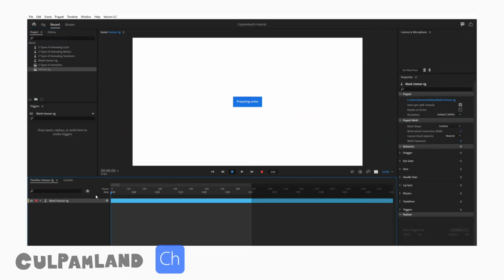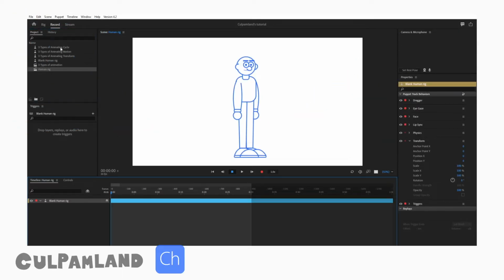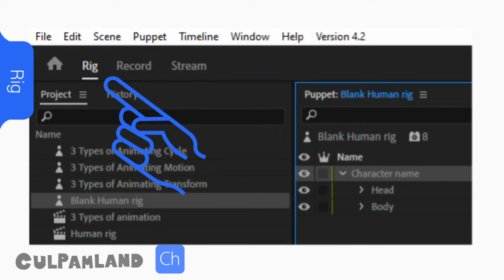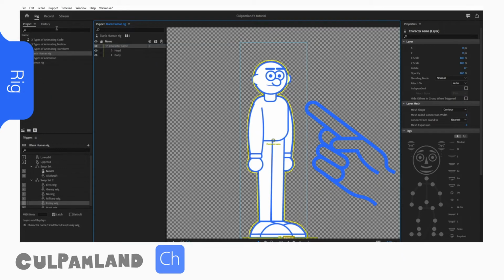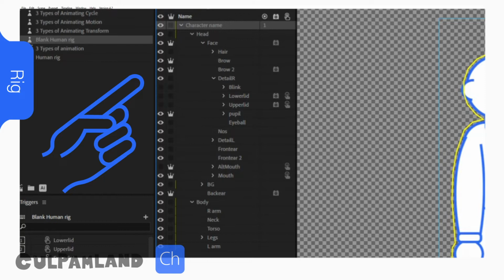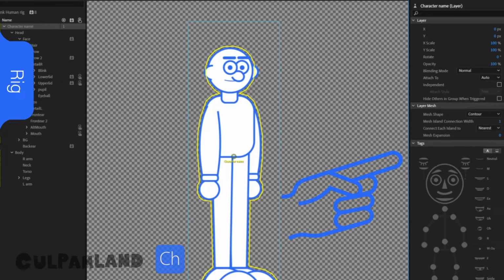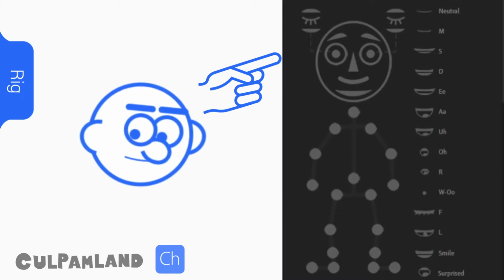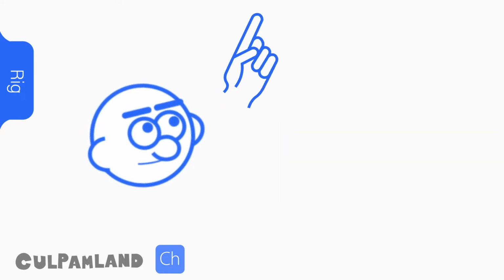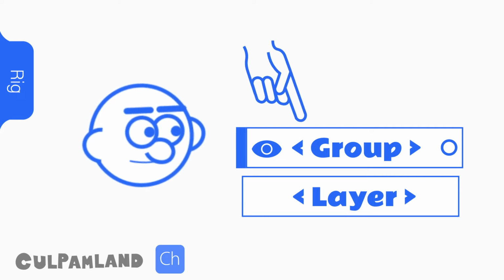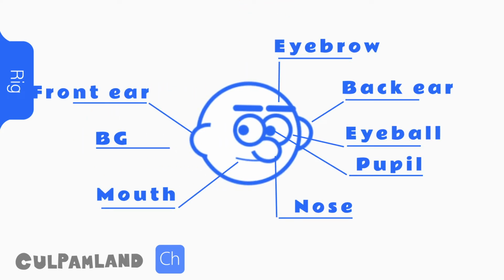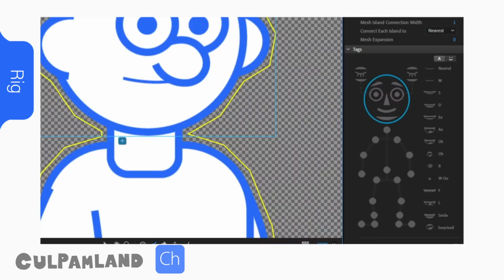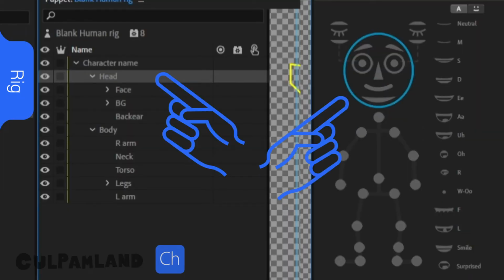Simply drag and drop your Illustrator or Photoshop file into the program. In the Rigging tab, you'll be presented with this: the character you've designed in the middle, all of the layers and groups ready to be rigged on the left, and finally the alterations column. This skeleton wireframe will help us properly rig your puppet, granted that you've labeled your layers and groups properly. Most of the rigging occurs on the face. If you labeled it properly, you might see that the wireframe is now blue. This means that the layer is now assigned to this element.